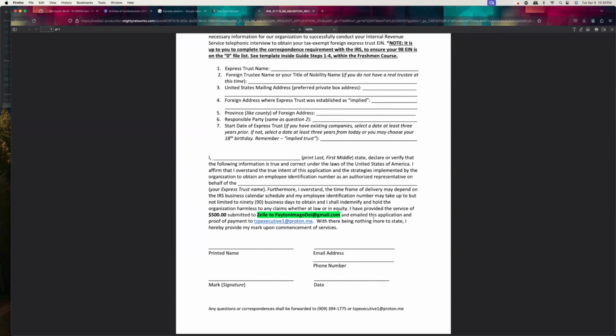And you have to email this application and the proof of payment that you sent via Zelle to this email address. Okay, so you Zelle the 500 to the Gmail address, and you email proof of that. Take a screenshot that you've done that Zelle transaction and email this application to